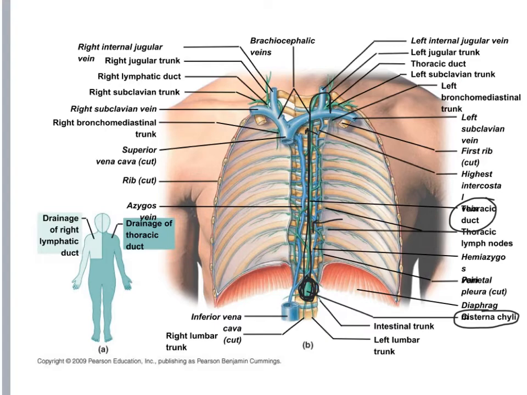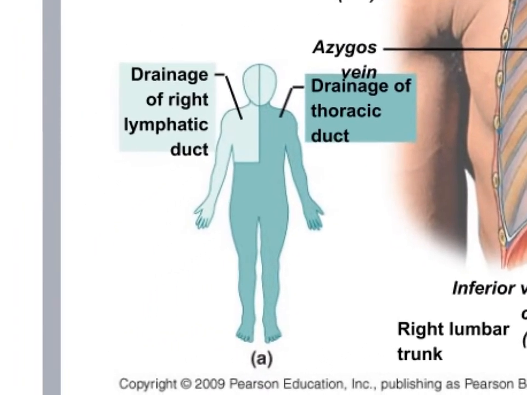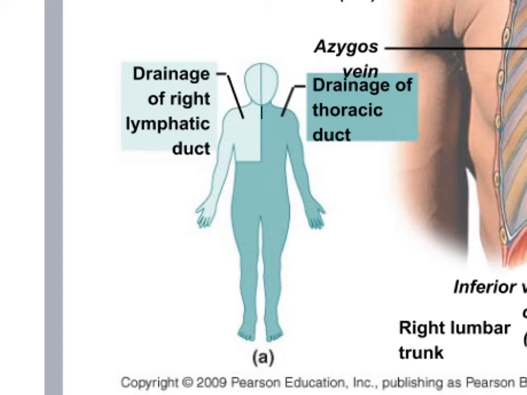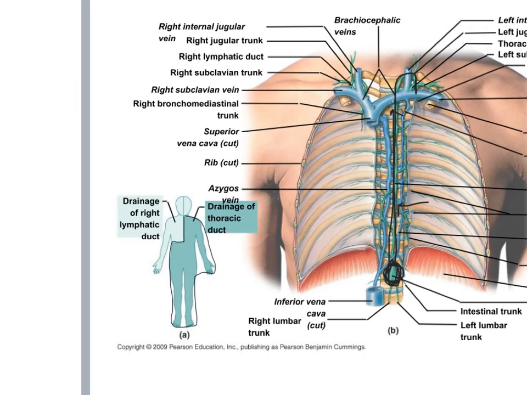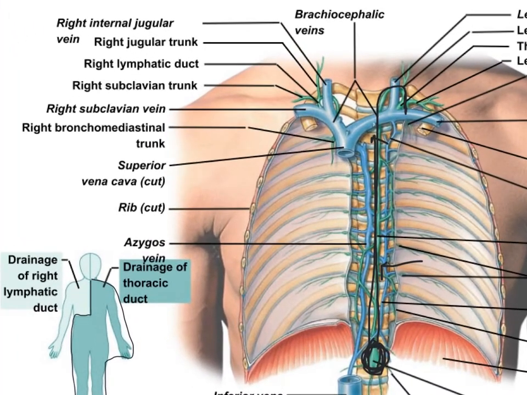So if we look over here at this picture, we can see in this dark green area how much of the body the thoracic duct actually drains. So it has the majority of the drainage. It's draining the fluid from the interstitial fluid and bringing it back to the heart and dumping it into the left subclavian vein. Then we have a smaller one over here on the right side,